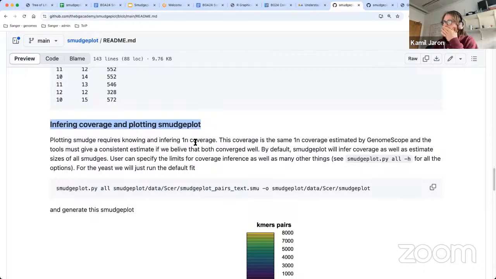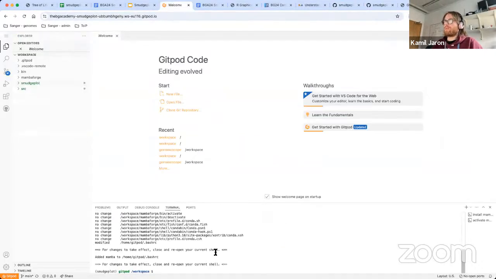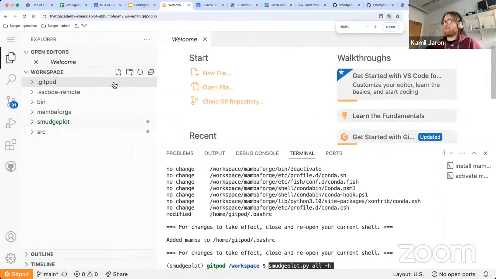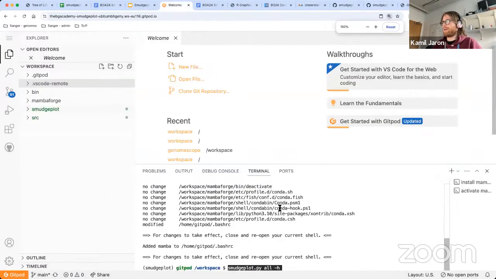Okay. So, Gitpod. Yep, I will make it bigger, so not that big.